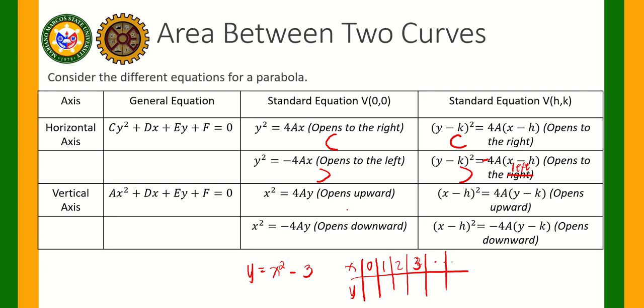Now, for vertical axis naman, okay, x squared equal to 4ay opens upward. Pag negative siya, opens downward. For this one, kapag positive, opens upward, considering na yung vertex natin have values nasa different points on the Cartesian plane except sa origin. And pag negative siya, opens downward. So, ito lang yung mga kailangan nyong tandaan for